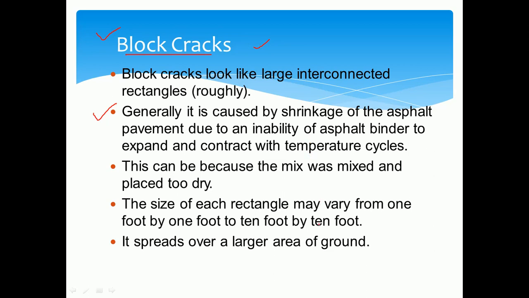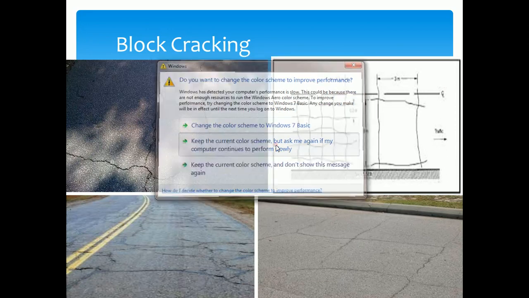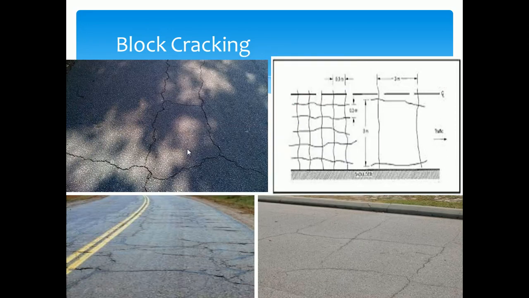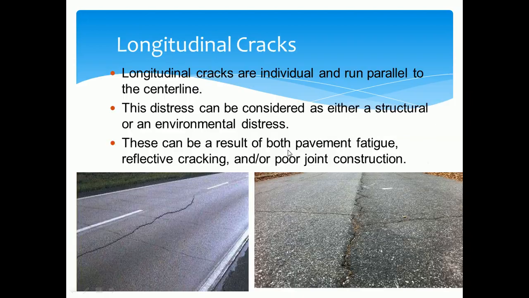And you can see here there are different types of cracks. This is in the form of rectangular blocks, or of different sizes of blocks. In case of rigid pavement also, and in case of flexible pavement also, we are observing this type of crack. Sometimes if the vehicle speed is also more, then also we can expect this type of crack in the pavement surface.